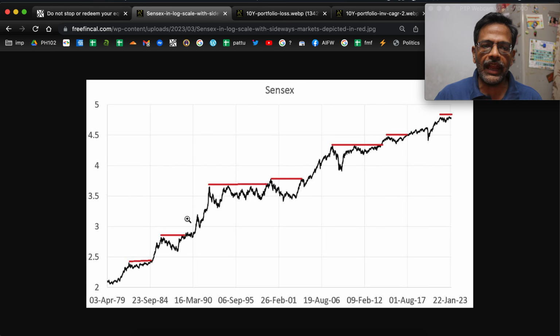So if you want to look at everything in the same scale, and look at the Sensex movement as a percentage change, that helps you understand how the Sensex has been moving, and you can see what I would like to call the Sensex staircase. You can see here the Sensex moves up, and then for an extended period, for several months to even years, the Sensex has been more or less flat, and then it moves up, and then there's a crash, recovery, flat, moves up, then up and down, up and down, up and down.